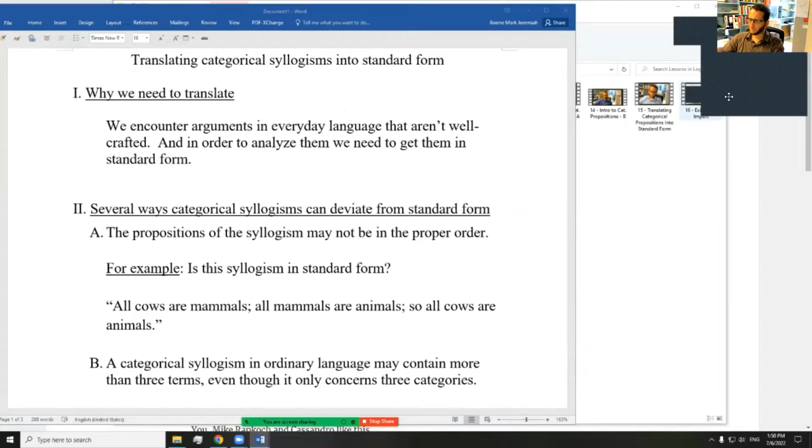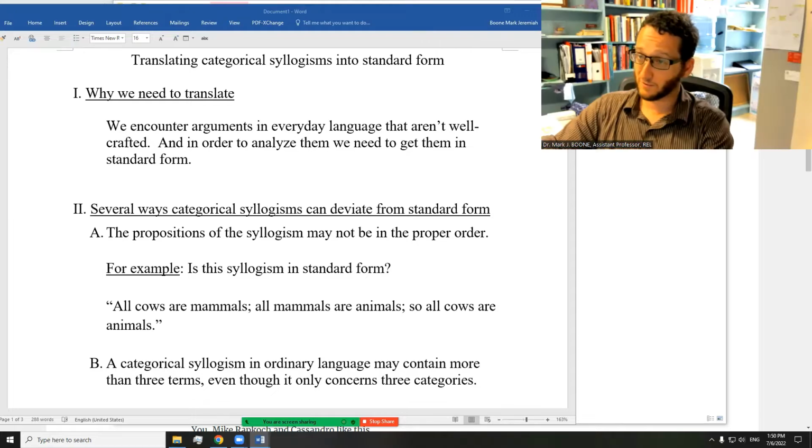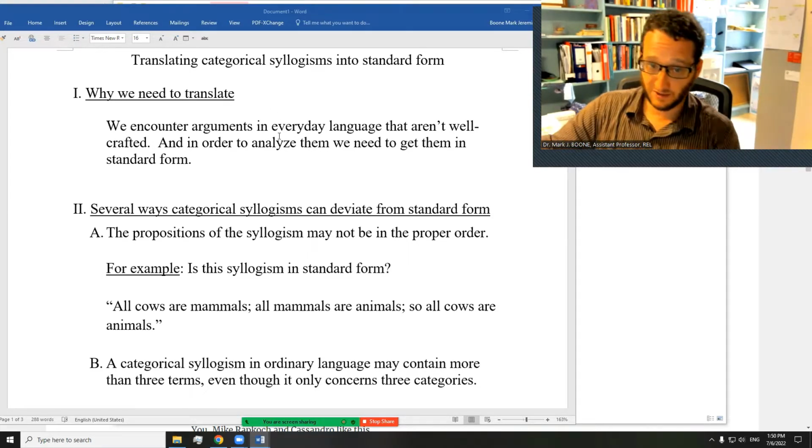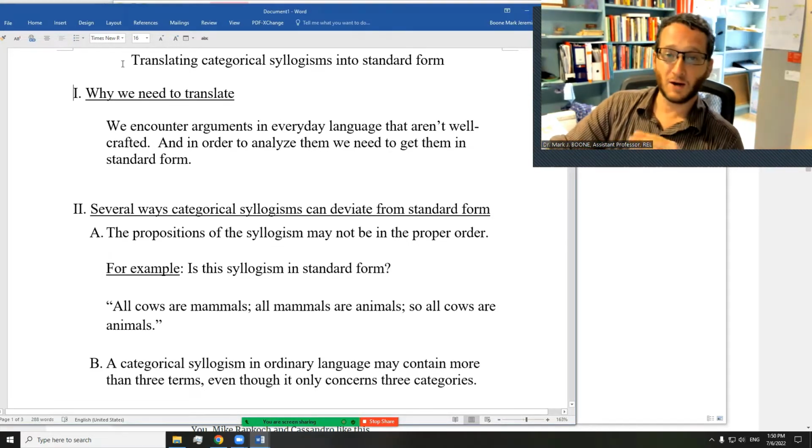And we now want to practice putting categorical syllogisms into standard form. We've already had video number 15, I see, on putting categorical propositions into standard form. Well, that's the first step, but you have to put the categorical syllogism into standard form first. All right, so